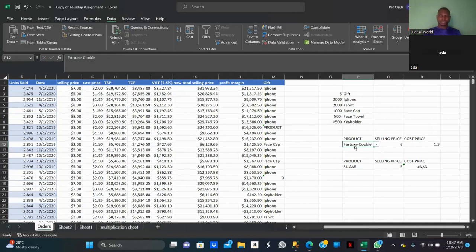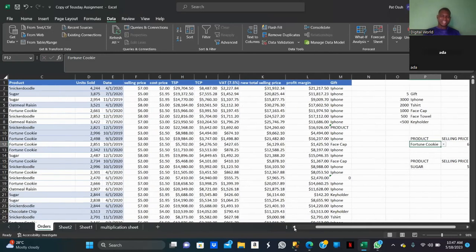Okay, see, like this table, you have different days. Let's say the manager says, let me check the dates, this sugar has different dates it was sold and different prices too, because the day they sell sugar on this day is different from the day they sell it on another day. So if you want to look up the value of the day they sold sugar on a particular day,